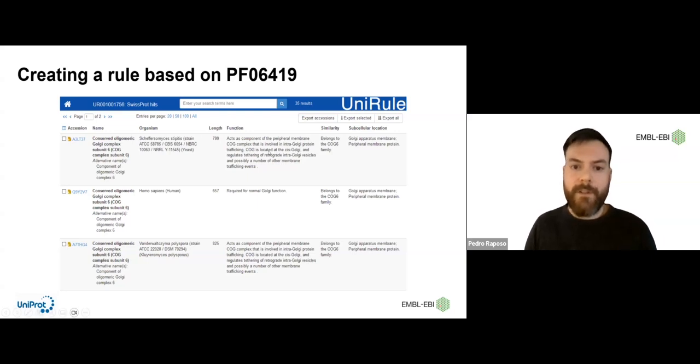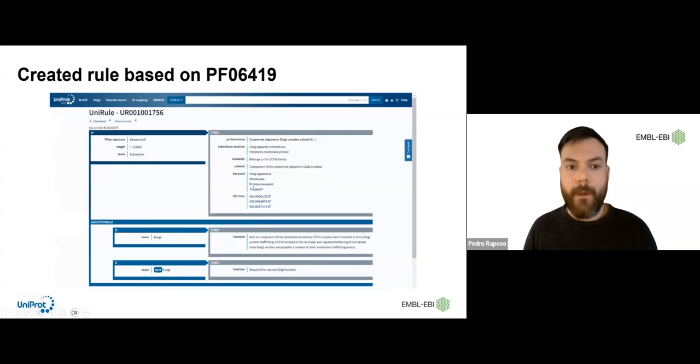However, if we look into the function, we can see that the function of these 2 organisms, which are fungi, has a more specific annotation compared to the non-fungi, which in this case is human. So there are still some differences, and this is why manual curation is required to understand biologically how specific we can be when creating these rules. So at the end, what we have